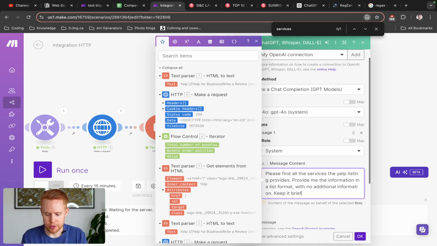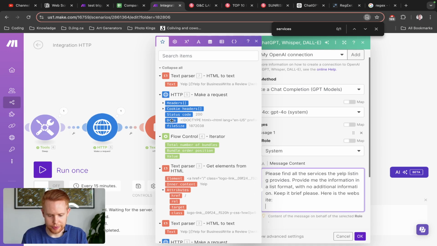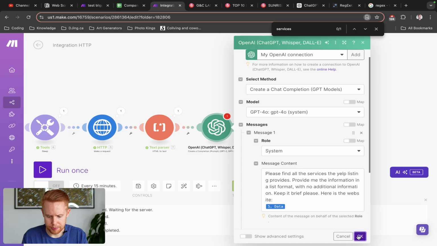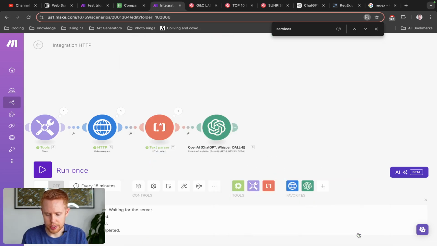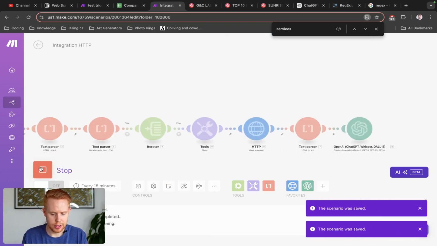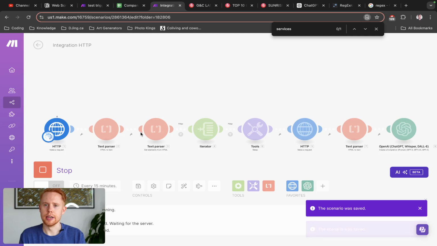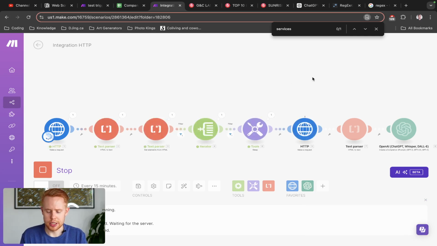Keep it brief, please. Here is the website. And we can provide this data here and click OK. Oh, we just got to go back and change the tokens. I'll put 200. Click OK, save,